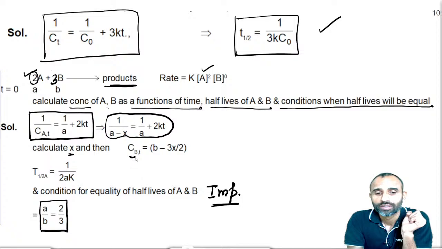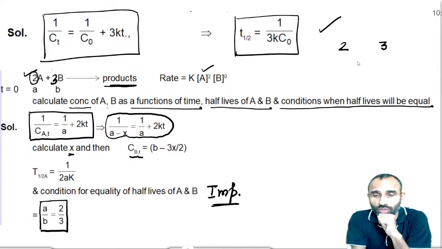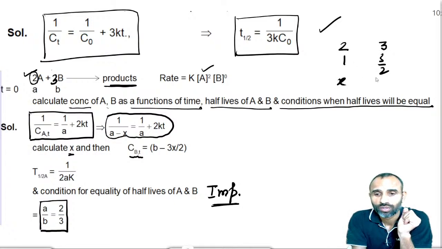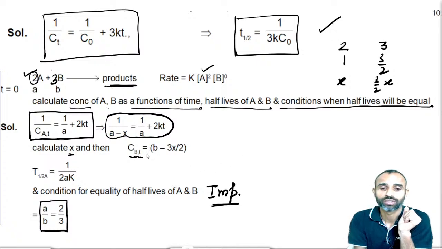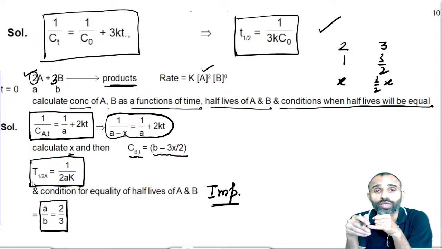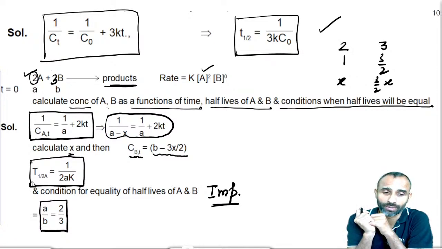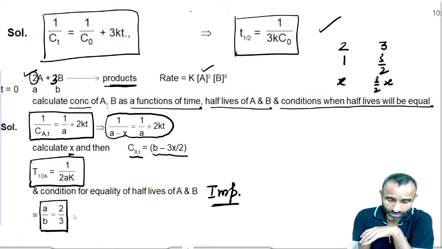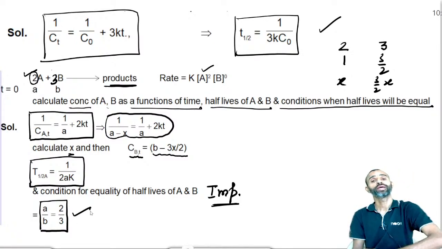Then concentration of B is B naught minus 3x upon 2, because if 2 moles of A react, at the same time 3 moles of B react. And half-life again it is 1 upon A. Condition for equality of half-life is ratio should be